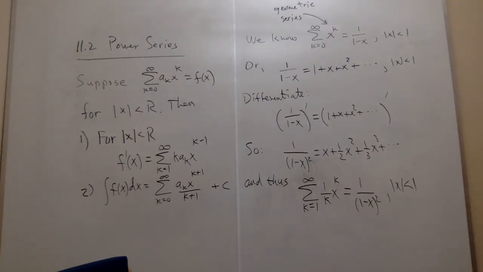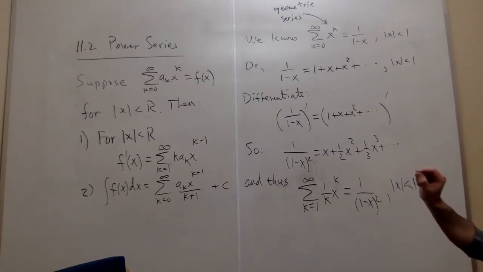The interval of convergence will remain the same. I'm sorry, the radius of convergence will remain the same. It's possible we could gain or lose convergence at the endpoints. As you saw in the previous video, we always have to check the endpoints. There's no easy way. It just depends on what the series are. So the radius will stay the same when we differentiate, but the endpoints